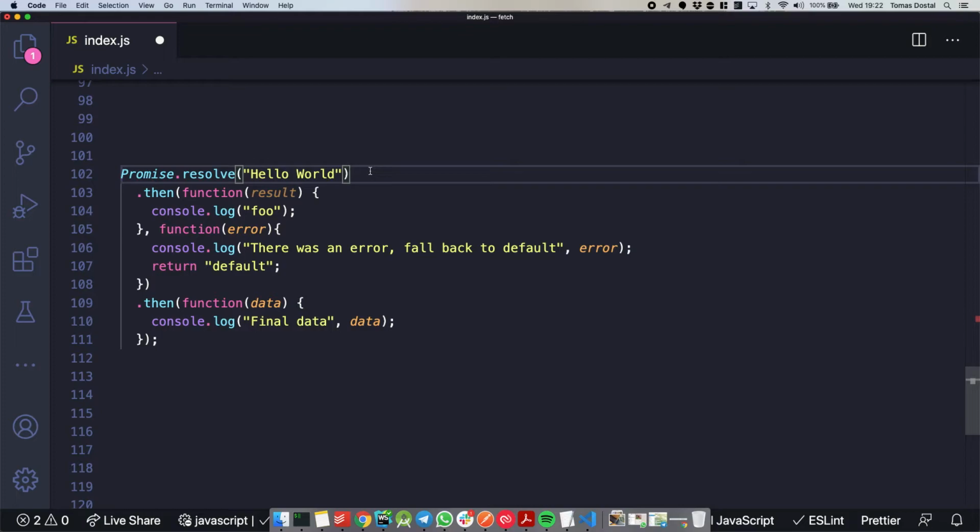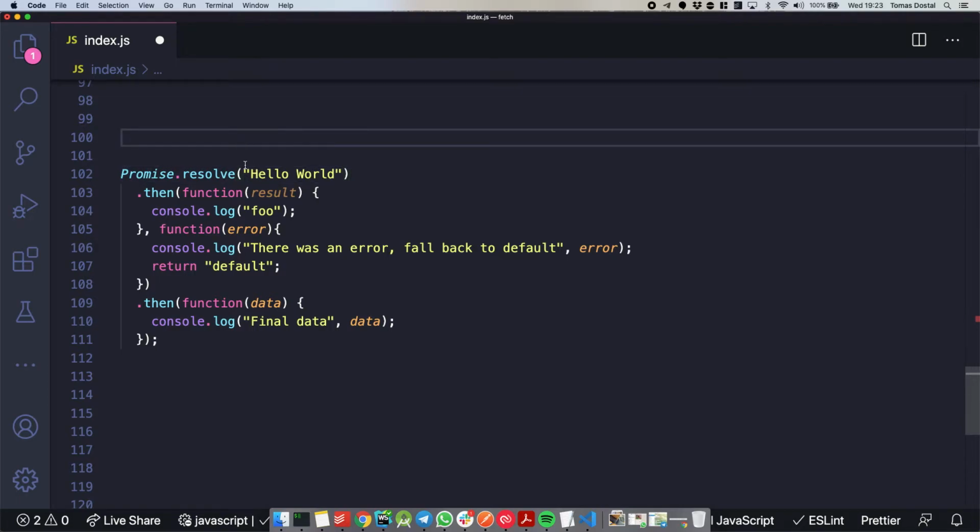So it returns for us foo, right? So this first line, what does it do? This first line will return a promise that is resolved. That means it's successful. Yeah. Okay, so this is basically some kind of asynchronous action that is successful, and the data from the successful action is hello world.